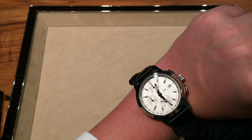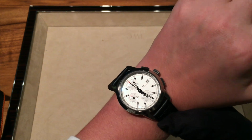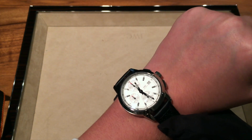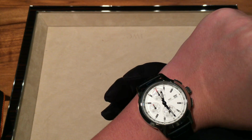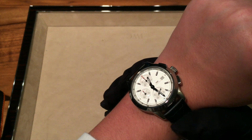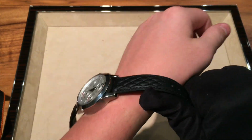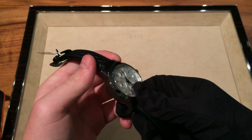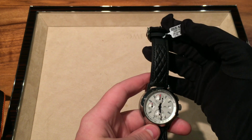Beautiful silver dial there. 42 millimeters, perfect. I've said this in basically every video, my favorite size is 40 to 42 millimeters, no problems with that there. I don't think anyone couldn't rock this watch on their wrist. Even smaller wrists, I think it would still look great. Very comfortable. The leather is extremely supple, and I found it interesting, it's actually made in Austria, it says, instead of Germany. Pretty cool. So yeah, this watch is available here at JB for a price of